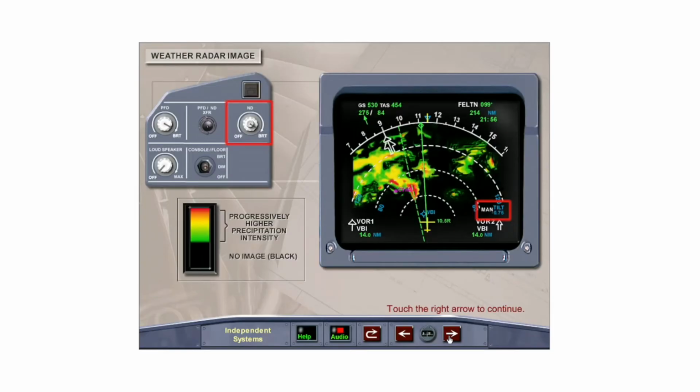The weather radar pictures are displayed on the navigation display in all modes except plan, and image brightness is controlled by the outer knob of the navigation display off brightness knob. The weather radar image is color-coded for different levels of precipitation intensity. Black or no image is used for the lowest intensity, with green, amber, and red used for increasing levels